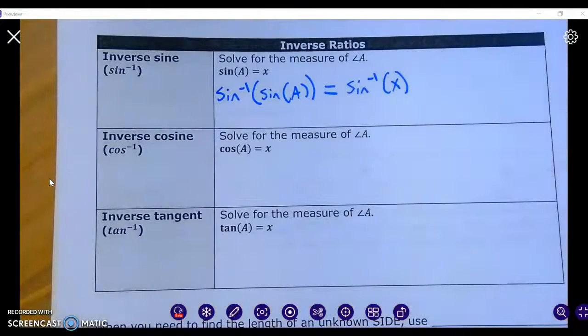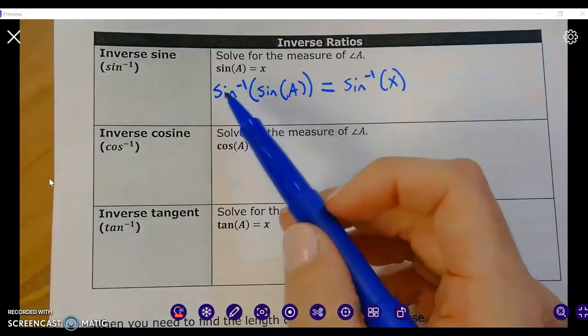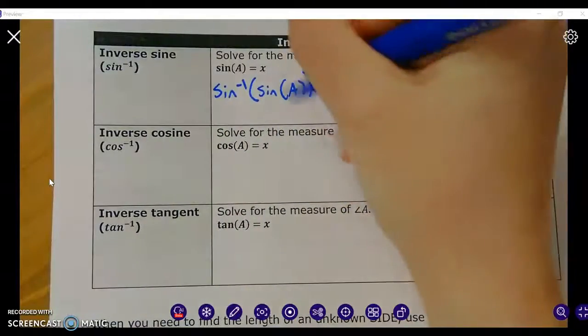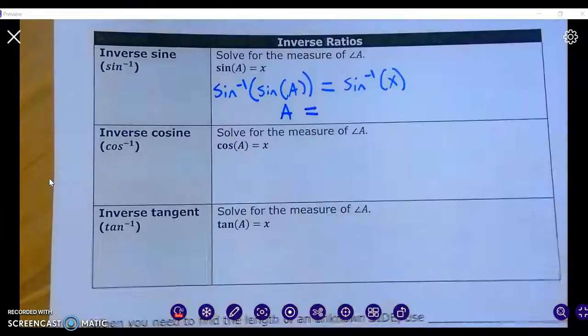Like when we have a squared on a variable, how do we get rid of that squared? Square root, but why? Because they're opposites and they cancel each other out. Cancel, that was the word I was looking for. Okay, so these two will cancel out, so all we'll be left with is A equals